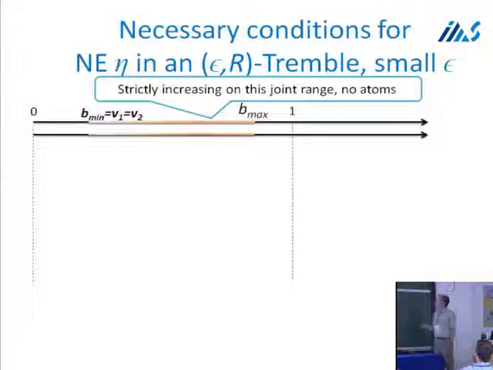So the first step would be to understand how agents will bid. These two lines represent the support of the bids. Here we basically see that in the case in which the values must be equal, both of them are going to bid with full support between some value B min and some other value B max. And there are no atoms and no flat places in this interval between B min and B max. So that would be the first stage.